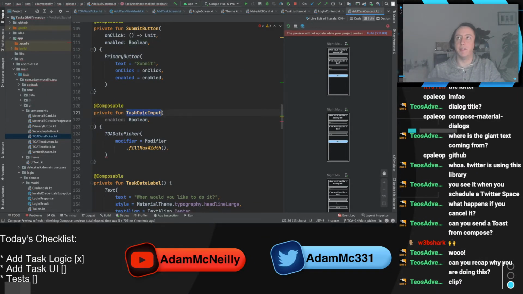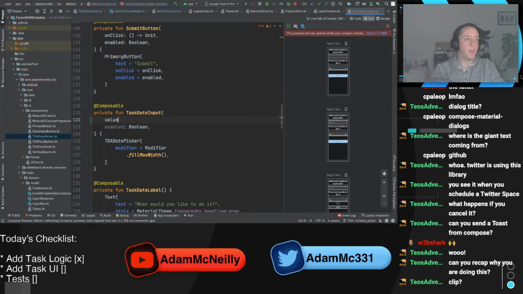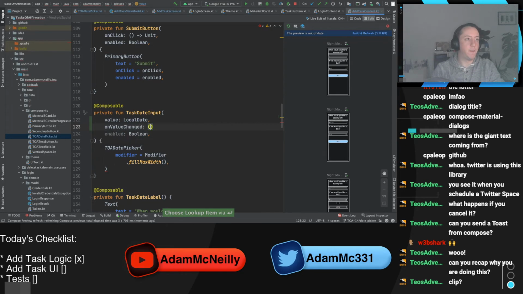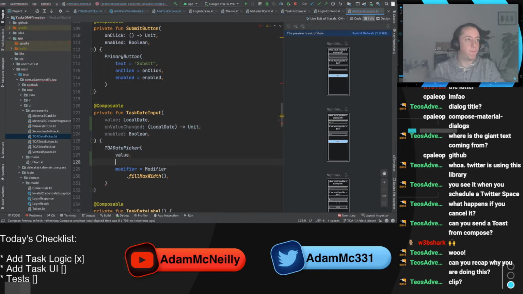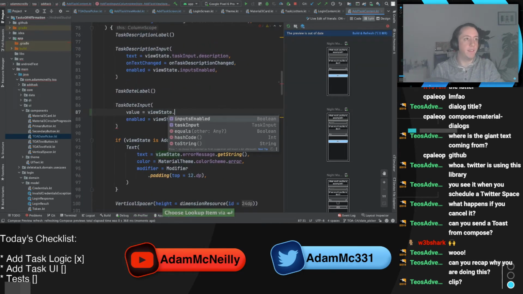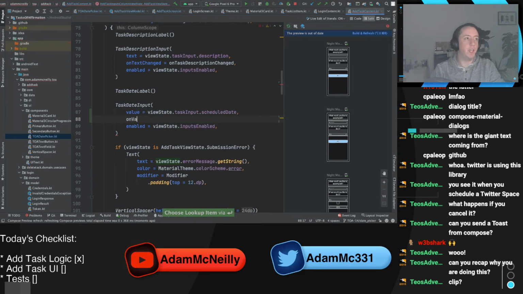Here, ooh, we still need to worry about the disabled state as well, but we can do that. We'll have value, which will be a LocalDate, and then onValueChanged, a LocalDate to Unit lambda. Pass those in. Value, onValueChanged. Boom, boom, boom. Cool. We'll need to update that here. Value will be viewState.taskInput.scheduledDate. onValueChanged